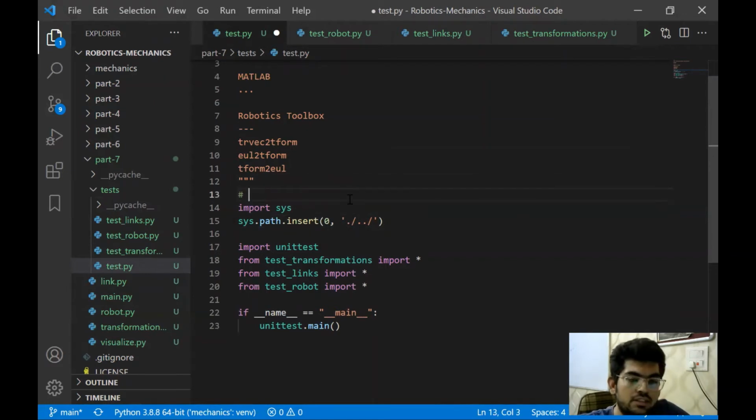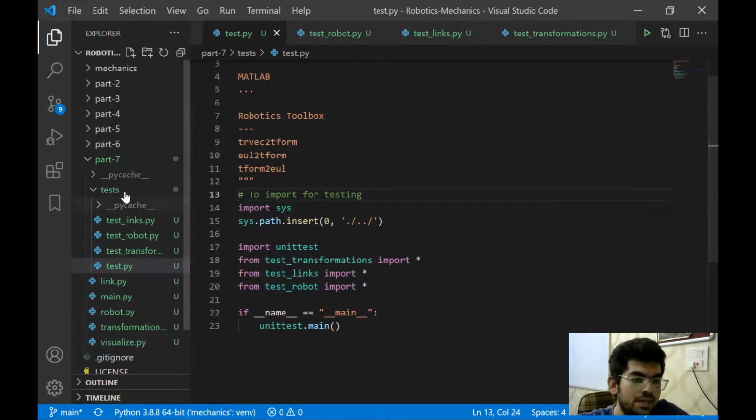We can write it over here just for testing, and we will have this in the test.py file just before these imports. So Python knows that this parent directory is also a part of the Python path, and it can search for these files when it's running.